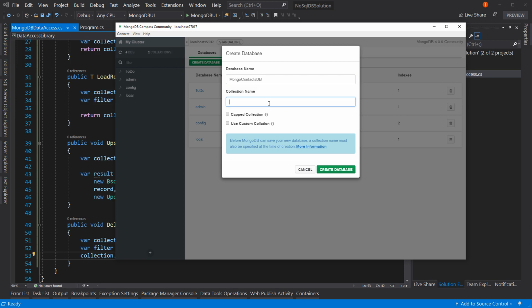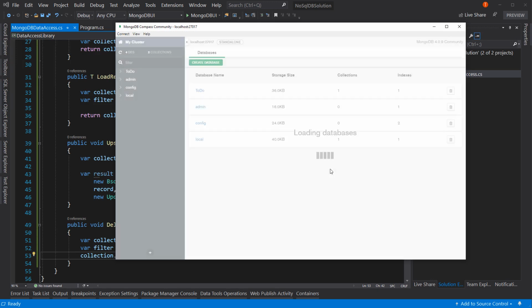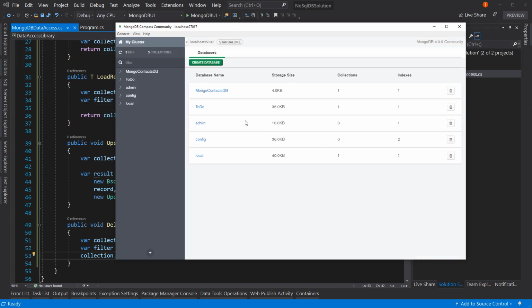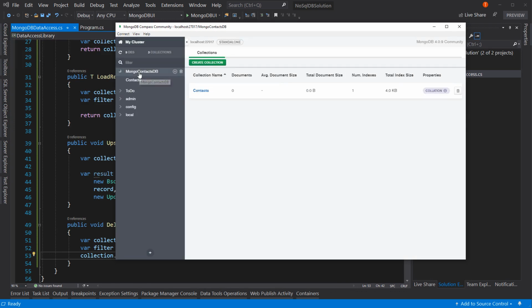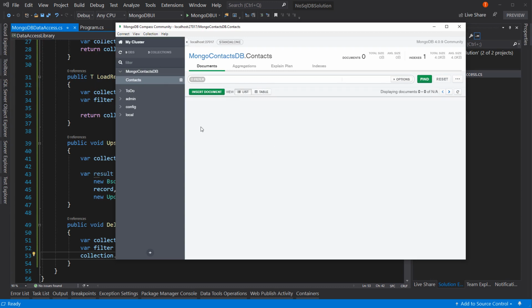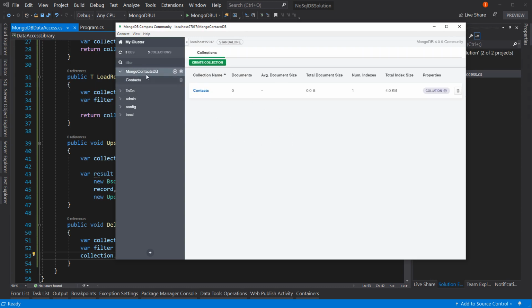And the collection name is going to be Contacts. And we'll hit Create Database. Okay, so now we have MongoContactsDB. And inside there we have one collection, which a collection is like a table. And that collection is Contacts, which has no records in it right now. All right, but that's it. We've created our database. We've created our